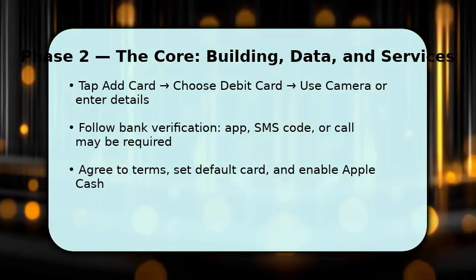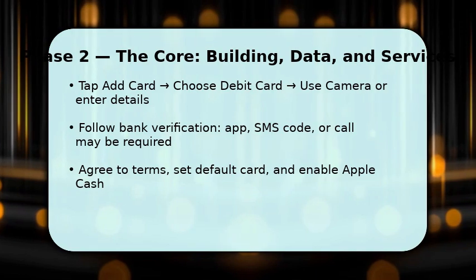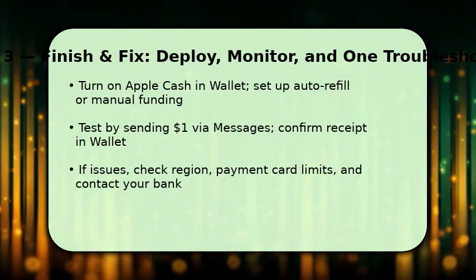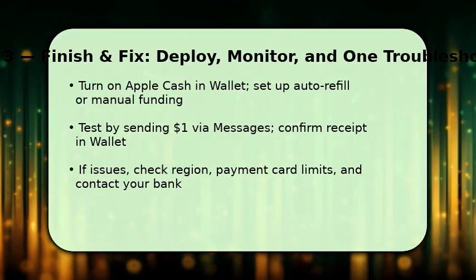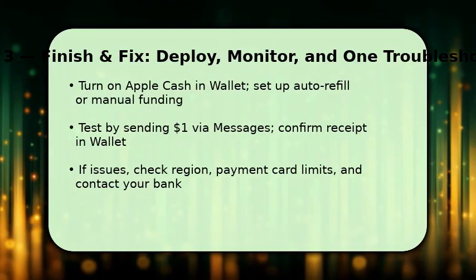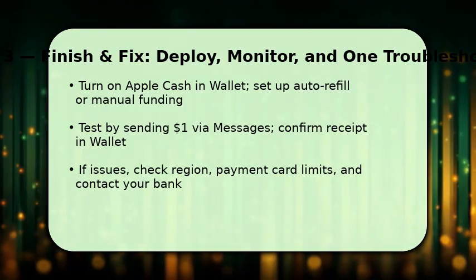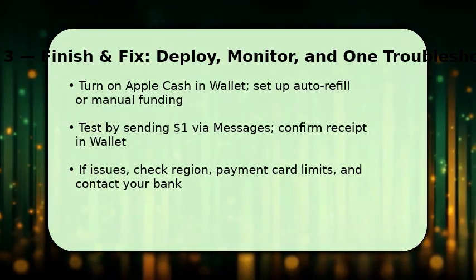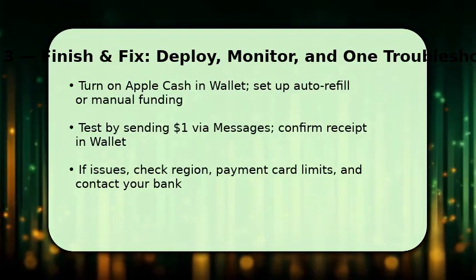Finally, activate Apple Cash and configure funding options. Choose auto-refill or manual funding to control liquidity. Test the setup by sending $1 to a friend via messages and confirm it appears in Wallet. Make sure you enable Apple Cash for iMessage if prompted. If something fails, check that your region supports Apple Cash, verify card limits and identity documentation, and then restart iPhone if still blocked. Contact